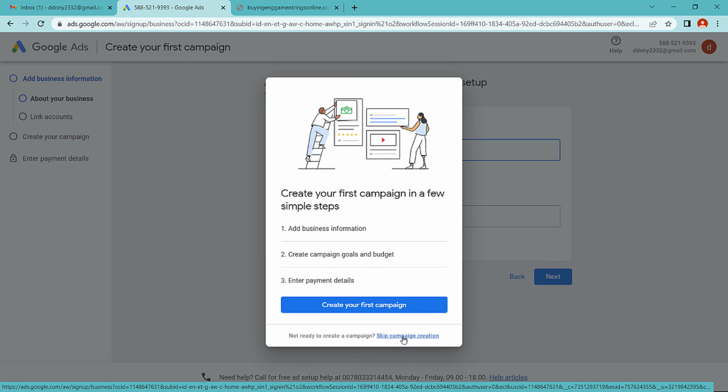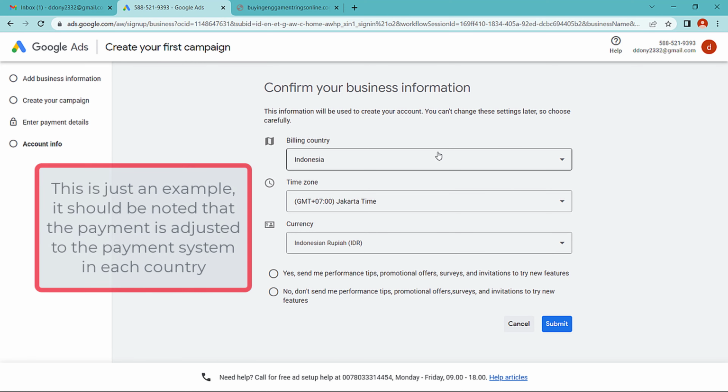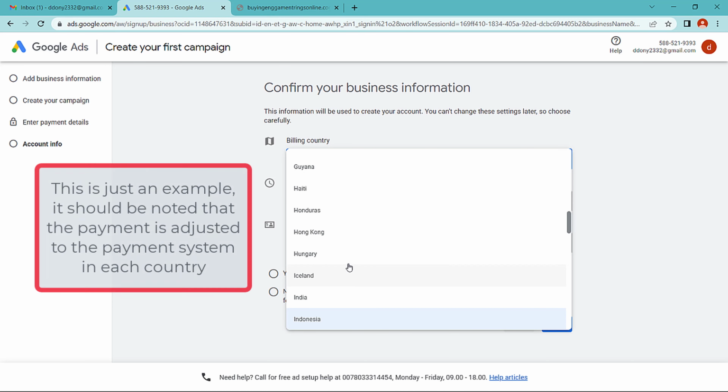Click skip campaign creation. Confirm your business information, your billing country. For example, you can click England or United States.